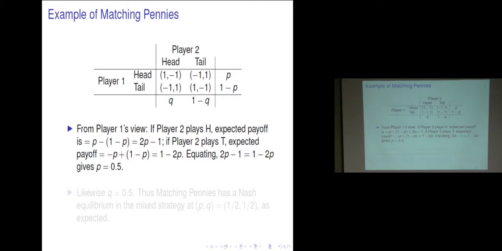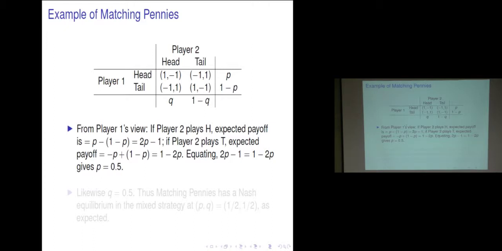So how to solve them? We use the mixed strategies, so we bring in probability. Player 1 will play head with probability P, and then play tail with probability 1 minus P. Player 2 will do the same, Q and 1 minus Q. Now, from player 1's point of view, we calculate the expected